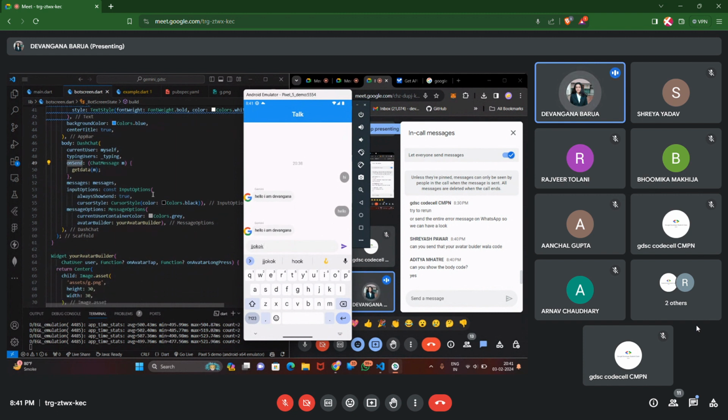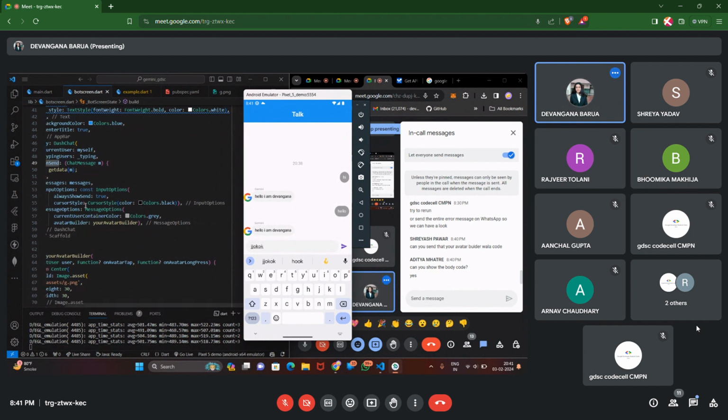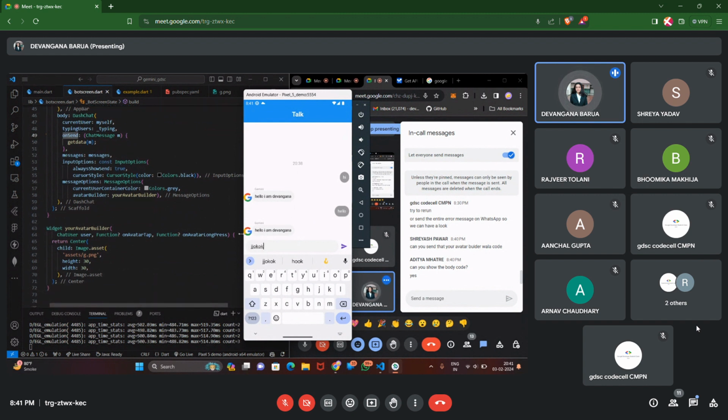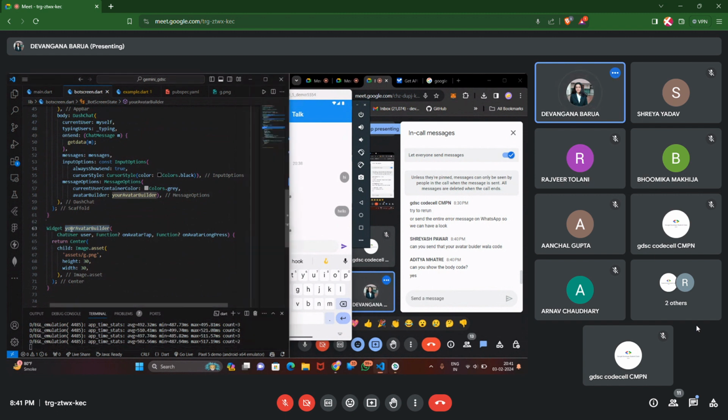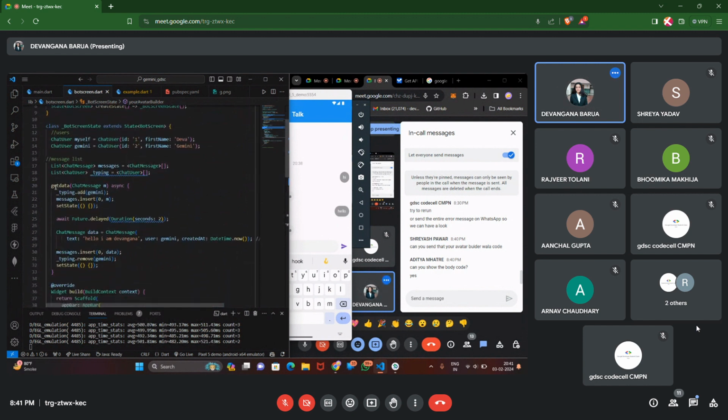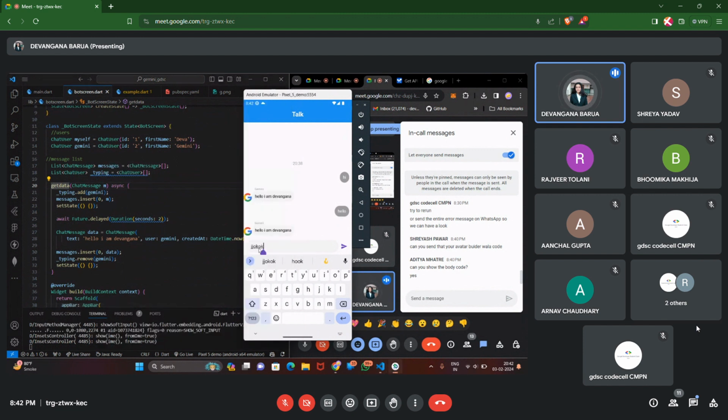And then in input options, it should always show this button and the cursor style is black. Then in message options, the current user container is grey. Avatar builder is basically used to build this logo that is shown on the Gemini site. And then coming to the logic part, there is the get data function, in which the chat message m is going, my message is going there. It is an async type of function, in which when I post my